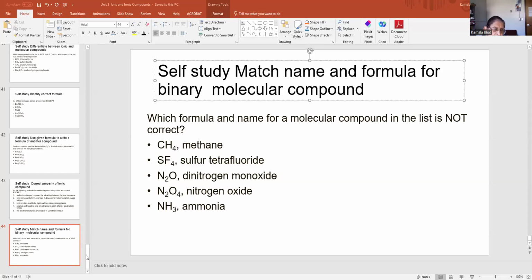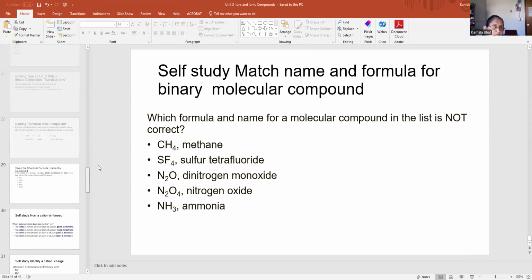We start the next topic for chapter 2, and that is ions and ionic compounds and their formula. Unit 3. This is a pretty long slide. It has a large number of PowerPoints on it, but